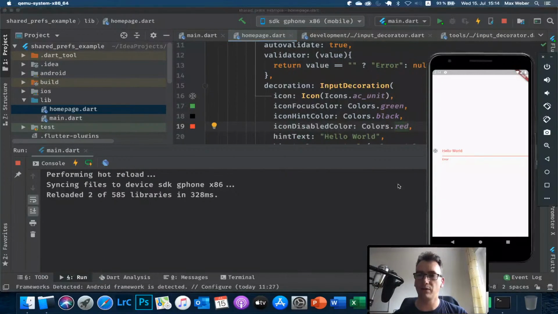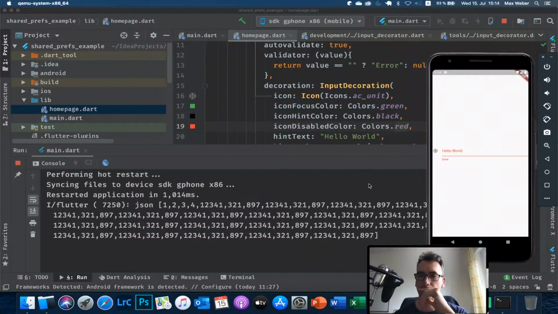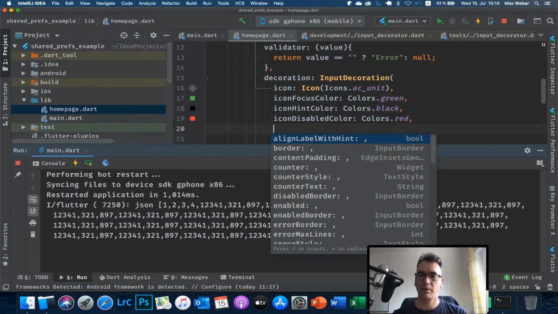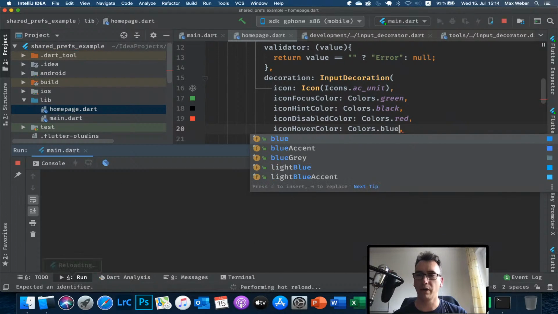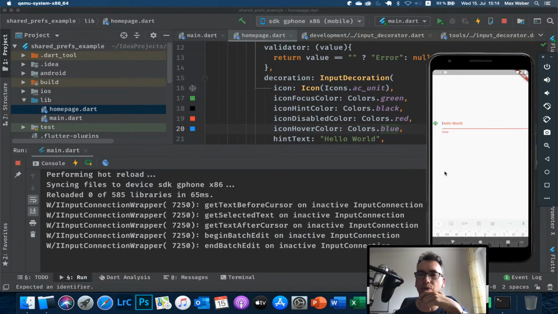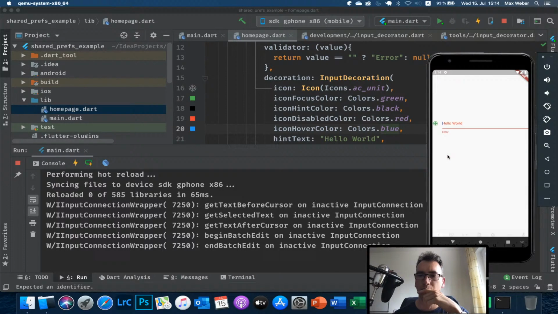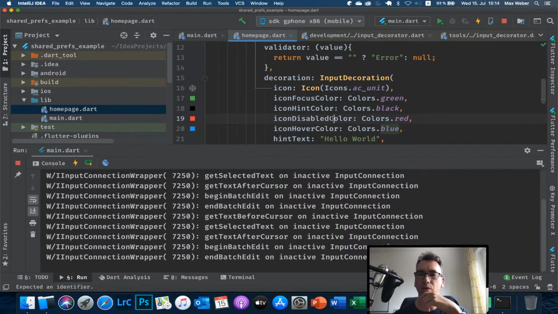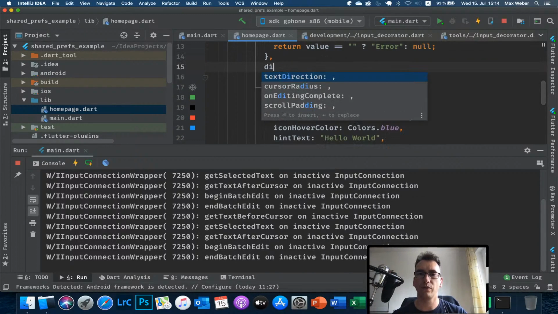So the disabled color, Colors.red. So if it is disabled, it will be red. No. Not reload. Still not. Okay. And what do we have else? The icon hover color. Can make that one blue. Aha, interesting. Okay, so the hover color seems to change it to blue. If we focus it now, it changed the color. That's fine. So the only one that doesn't work is the disabled color. It could also work if we disable the input. So if we disable that one,